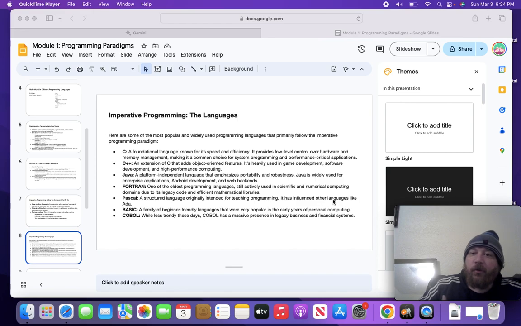if you learn COBOL, BASIC, Pascal, or Fortran, you can have a rich and robust, very specialized career based off of those languages, right? And maintaining systems that are older than me that utilize these programming languages. But what I want to highlight, and I think it's important within this lecture,